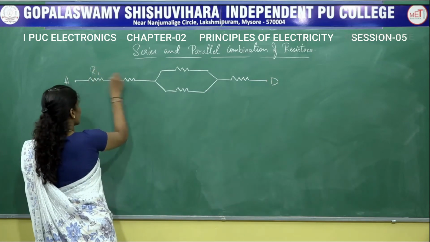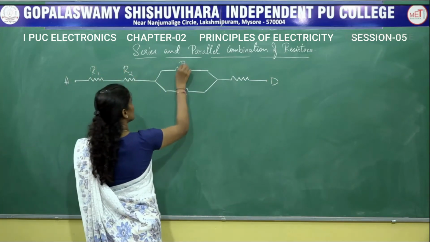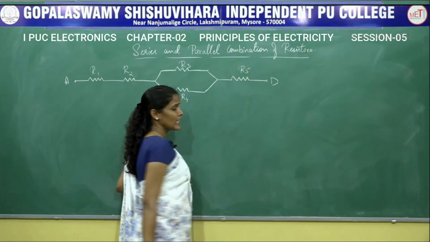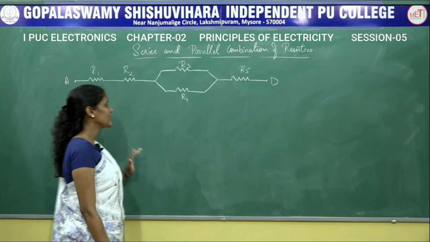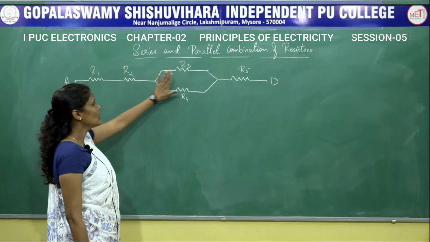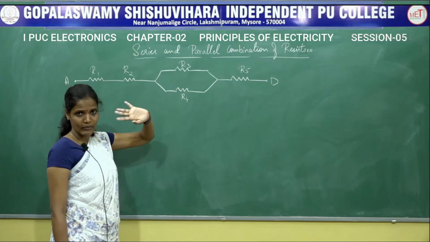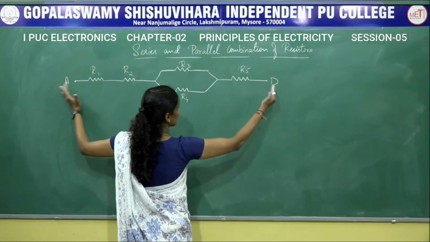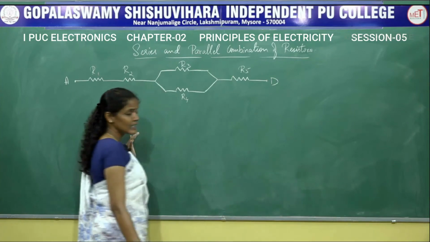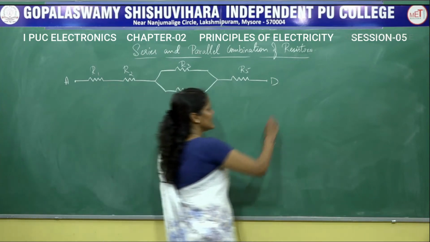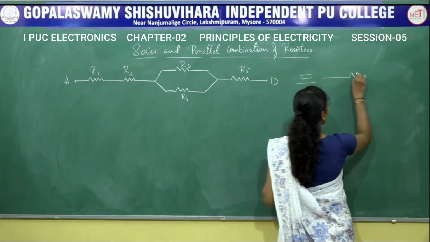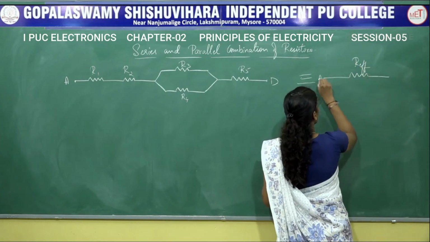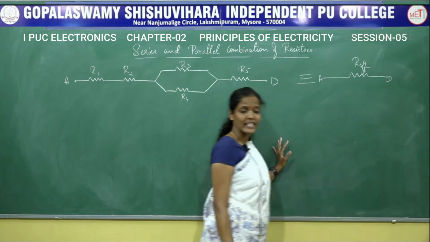These are resistors R1, R2, R3, R4 and R5. Totally I am having 5 different resistors and they are named R1, R2, R3, R4 and R5. You have to calculate the total resistance of these resistors across these particular terminals, that is A and D. That is, you have to come up with a single resistance whose value is called R effective between the two ends A and D.